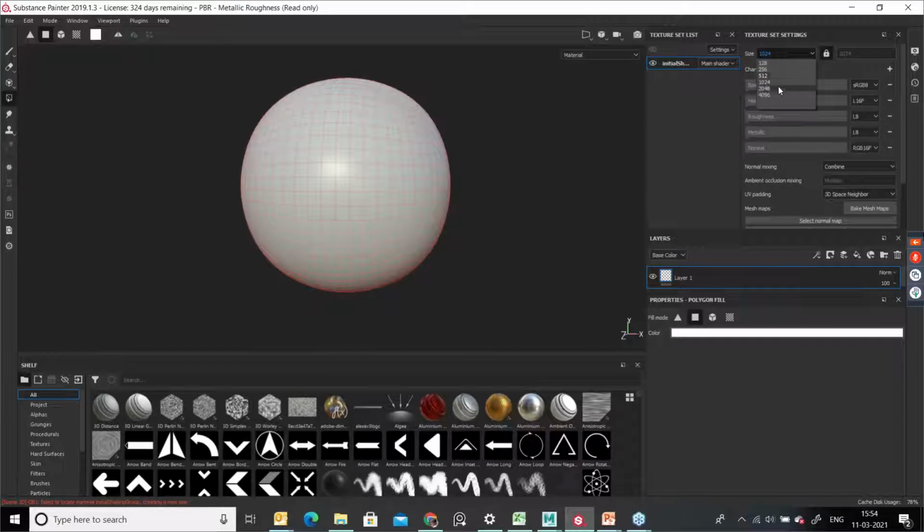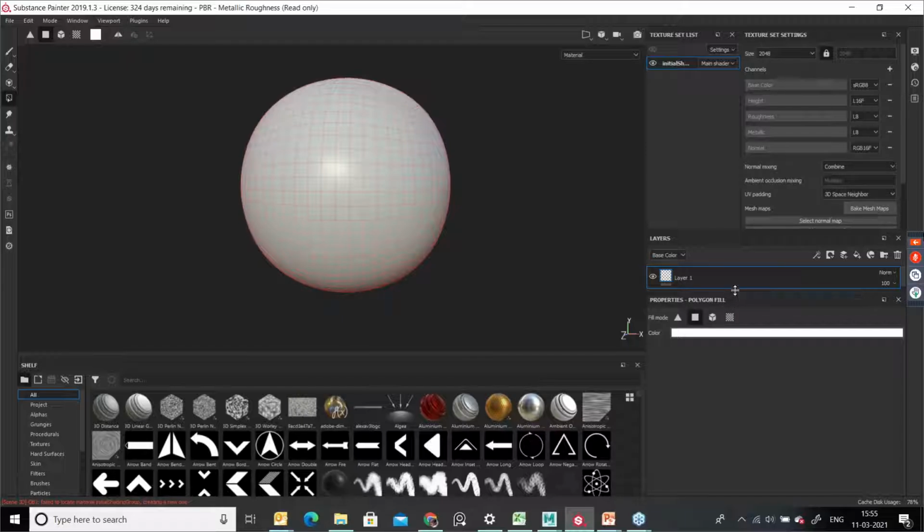resolution. But now we can go up to 2K, because the processor should also support it and the RAM capacity should also be higher. Then only we can see the immediate response in your 3D viewport in Substance Painter. Otherwise, it will take some time to load the texture in your viewport. So we can go with 2K resolution, and we can keep it as it is, and we will move to